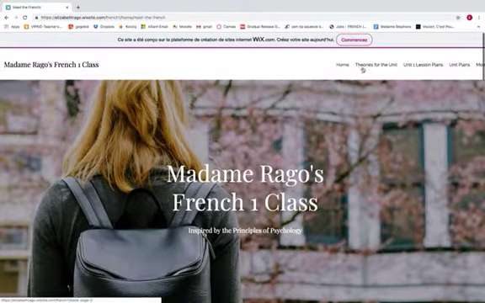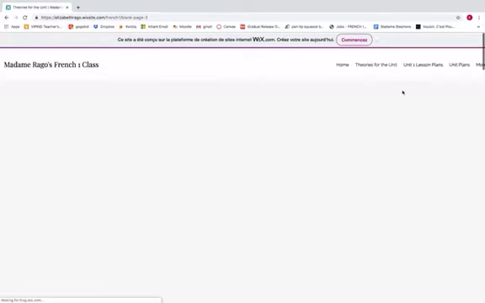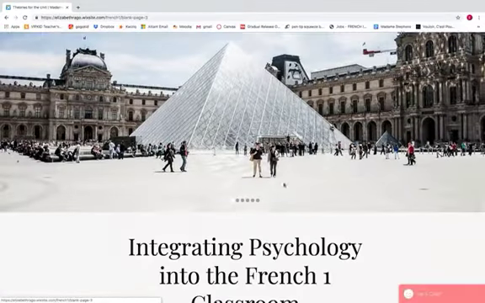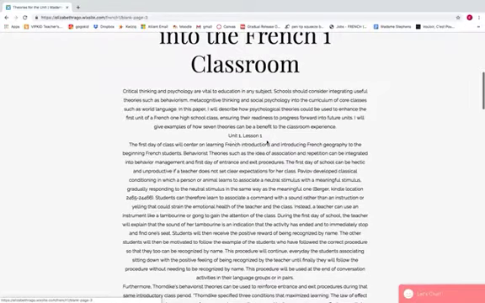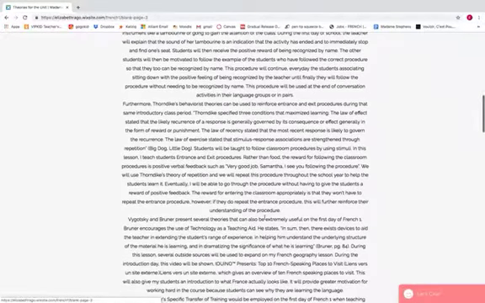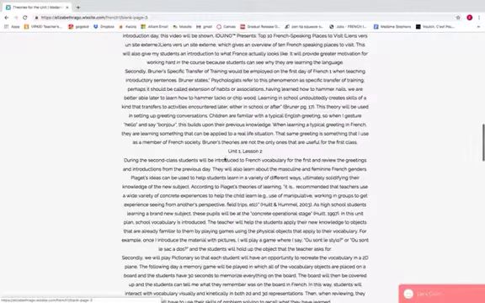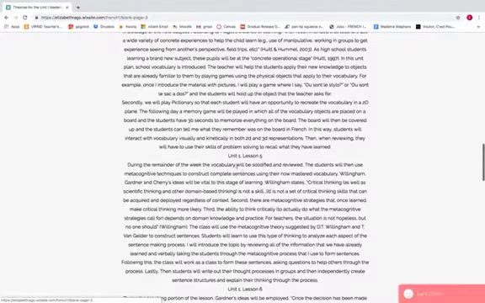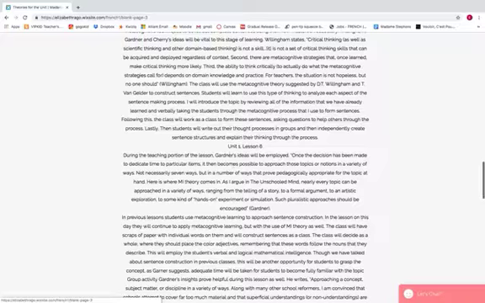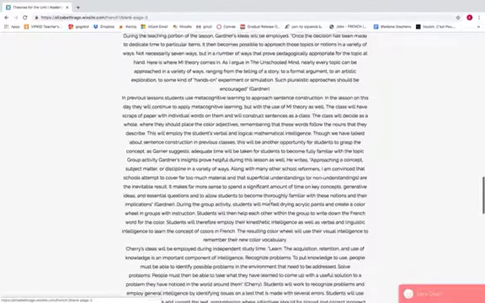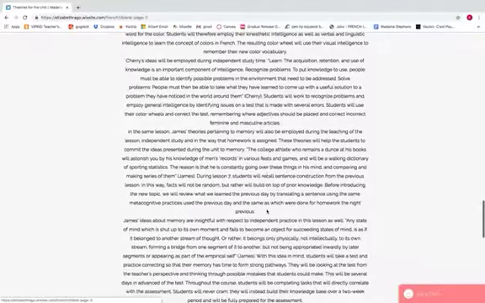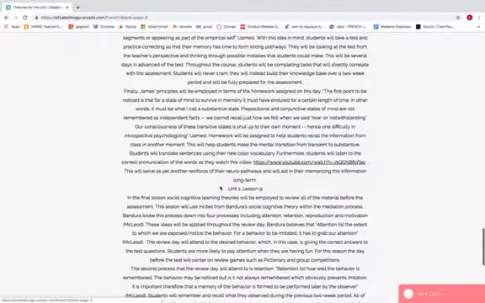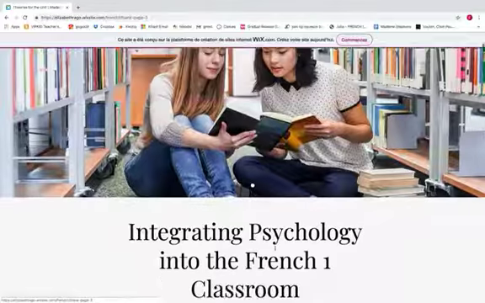After that, we have theories for the unit. This is basically where I just explain, unit by unit or lesson by lesson, how each principle of psychology is used in that particular lesson. Many of the lessons have several principles within them. So it starts out